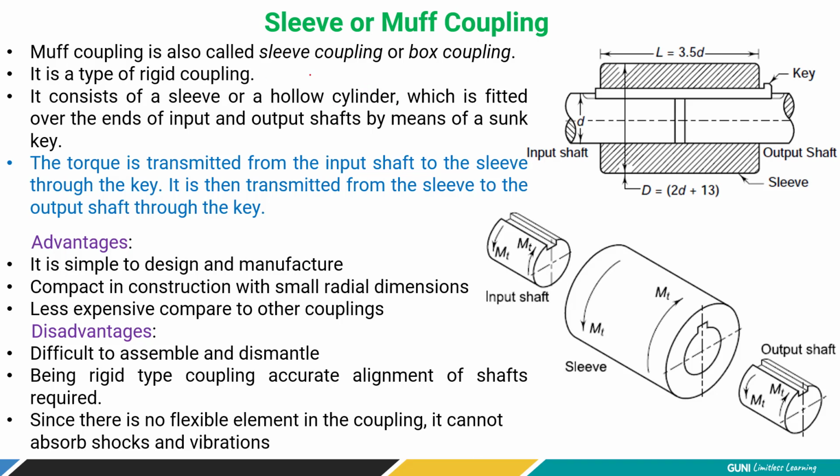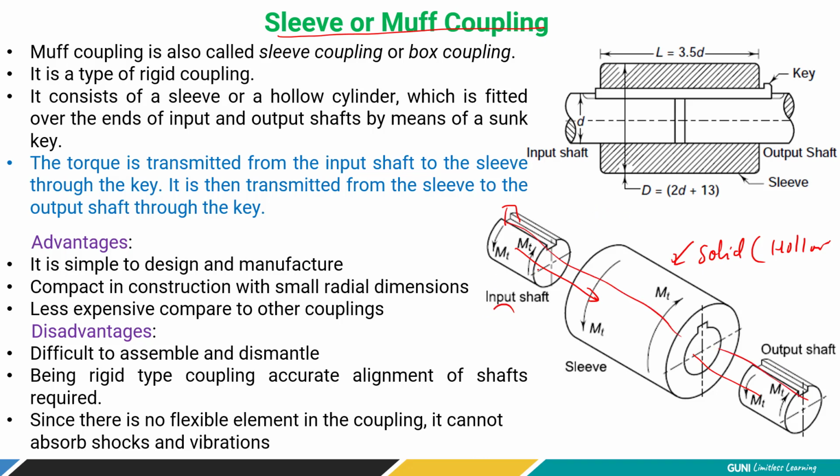Now this is the first coupling, which is just like a solid hollow cylinder. So it's made from solid material, but it is hollow, right? Why is it hollow? Because you have to allow two shafts together. Once you insert, you have to make a space. So the input shaft and output shaft go inside, and using the key, you are simply making the joint, right? This is how it works.